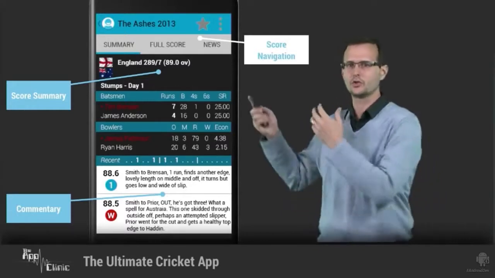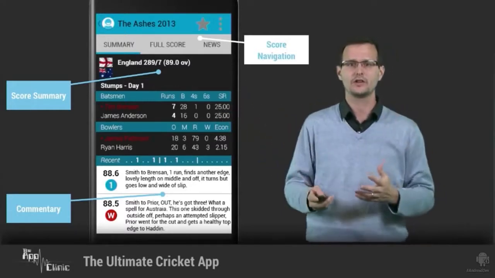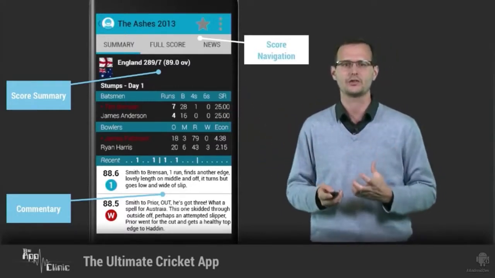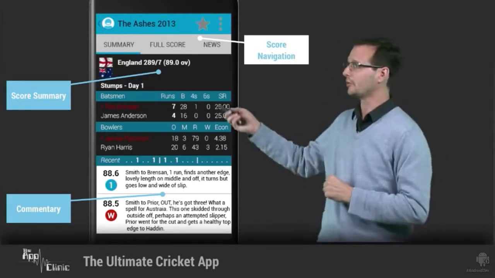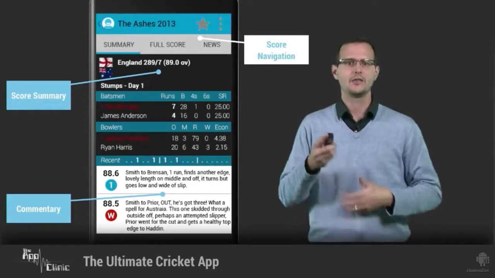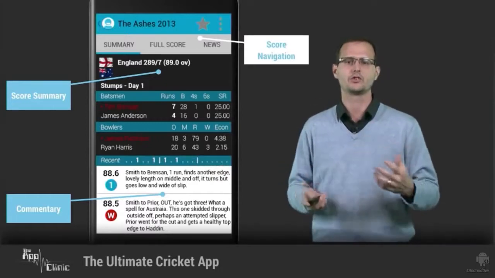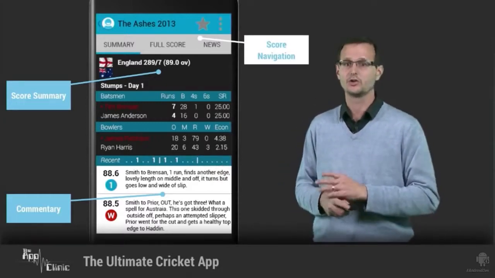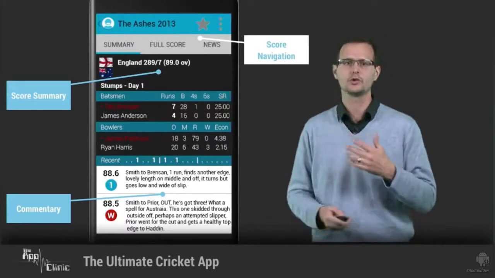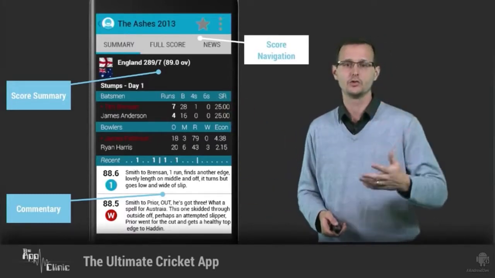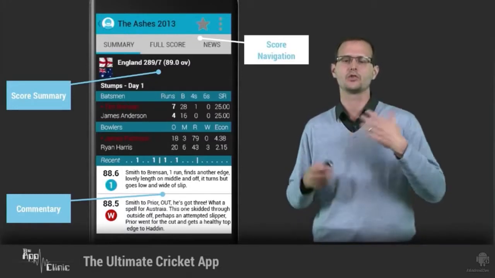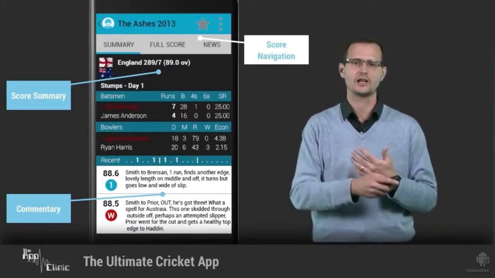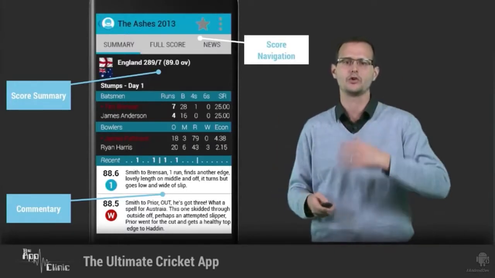You land on this score summary, where I've used country flags to add a little bit of visceral reaction, something that only a national flag seems to be able to evoke. Now the commentary is immediately below, and the whole thing is just a vertically scrolling list view. Now you can do swiping horizontally, and that will switch between the summary view, the full score view, or related news based on that match. So we've got a two-dimensional scroll which will let you either change the content that you're displaying or the content